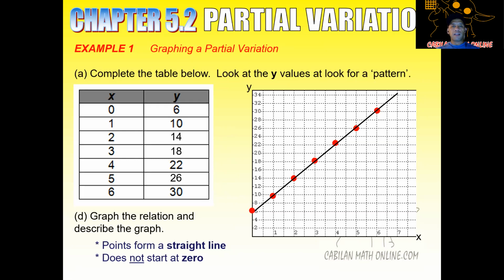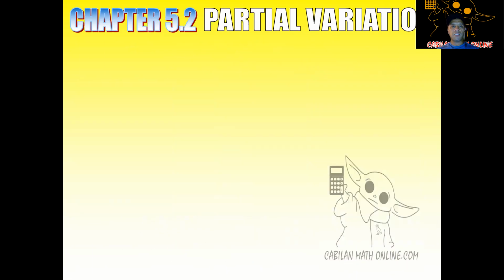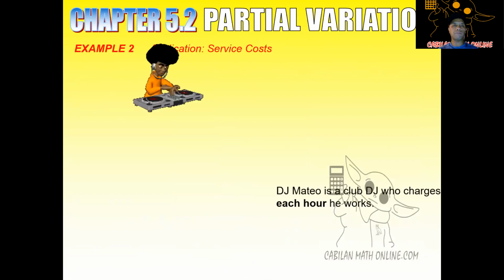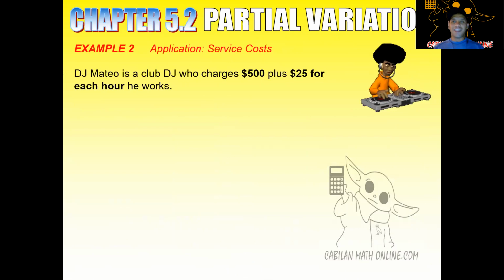All right, hope that clarifies things there. So let's take a look at the next example, and let's take a look at a word problem. So for this one over here, obviously a DJ problem, surprise, surprise. All right, so we got DJ Mateo is a club DJ who charges $500 plus $25 for each hour he